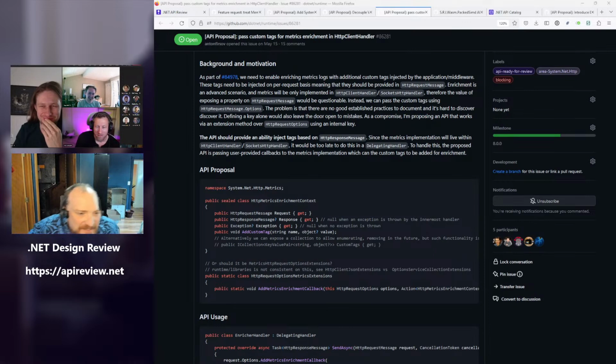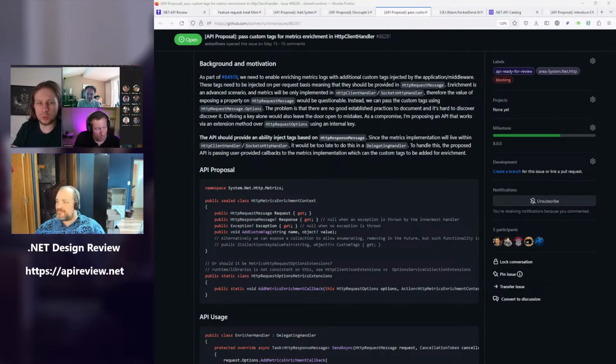I'm trying to come up with good questions. Is this only meant to be used by delegating handlers, basically, or is this also meant to be used by normal consumers of HTTP client? It can be used, and also meant to be used according to what James told me, by basically just callers.